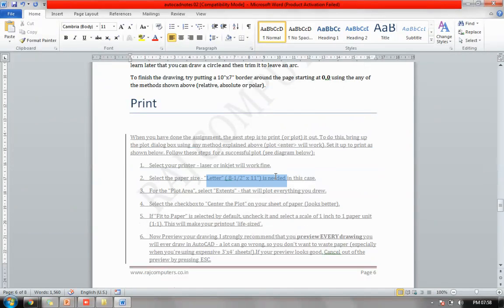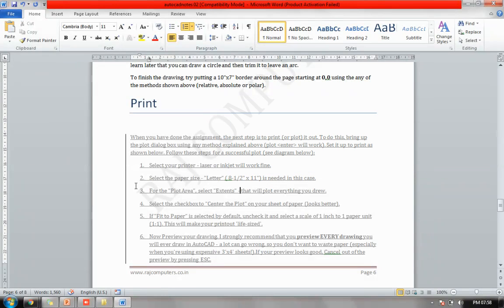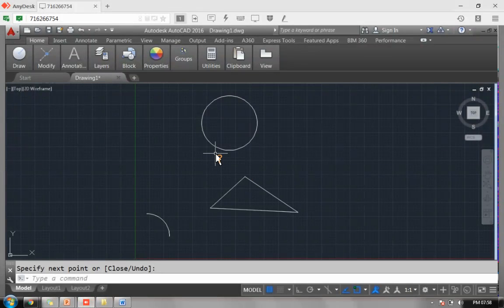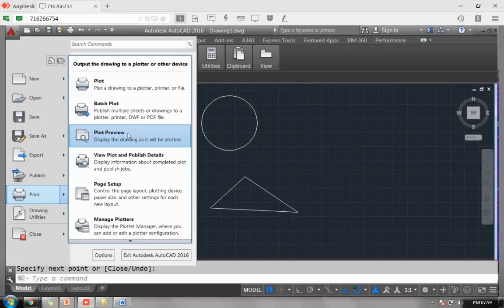All printouts will be done in A4 size. Mostly this A4 size or letter size is a paper size of 8.5 by 11 inches. We prefer using a plotter, and we print the plotting area. Mostly it is unit scales, that is 1 unit is equal to 1 inch kind of thing, 1 to 1 proportional. So let's start now. When I want to print this, from the file menu I'll be choosing the print option here. Before printing, I have to see a preview of it. So I'll be saying plot preview.